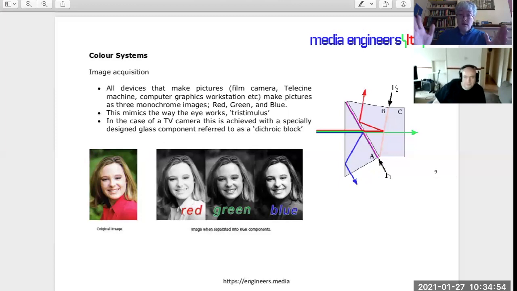We have something that can look at color pictures, carry them all the way through electronically, through the production chain, the post-production chain, to transmission, encoding, over the satellite, over DVB-T, Crystal Palace, antenna, roof, whatever, DVD, Blu-ray player, however it gets to your telly, and then when it hits the display panel in the back of your telly, so long as we've maintained with some degree of fidelity the red, green, and blue components, you'll see a color image that looks exactly like what you remembered when you were standing on the film set or the TV set and you looked at the young woman